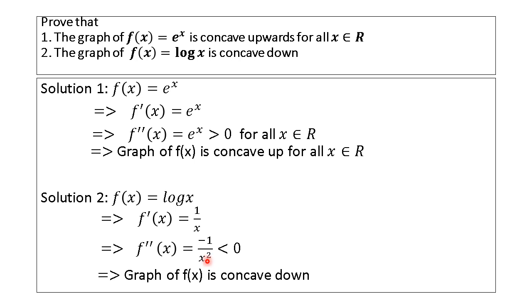Because of x square in the denominator, even if you give a negative value, it will become positive, isn't it? In the denominator, the value becomes positive, whatever value you give. Okay, so overall it will always remain negative because in the numerator the negative sign is there. Which means it will always be convex upward. Convex upwards, in other words we can say it is concave downwards, both are the same.